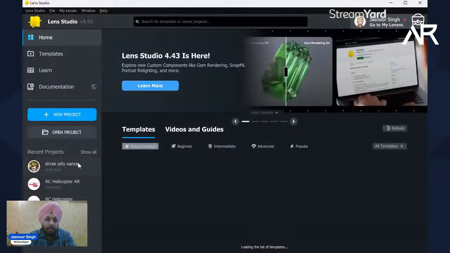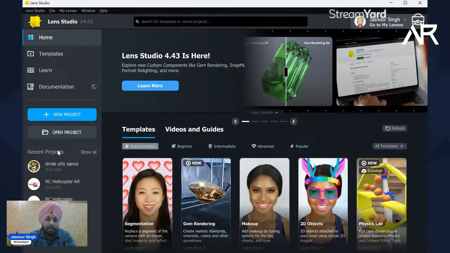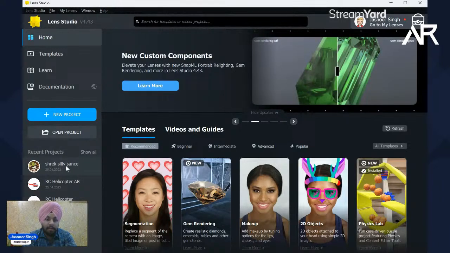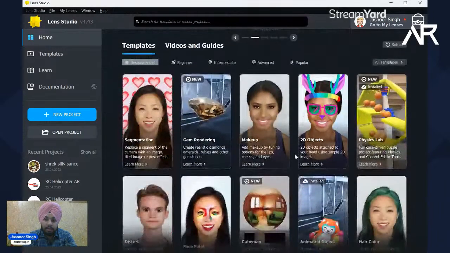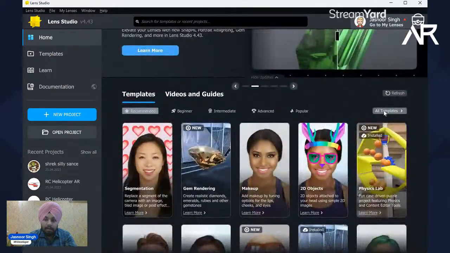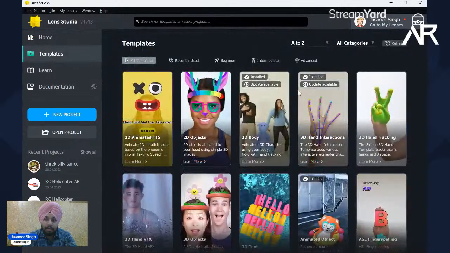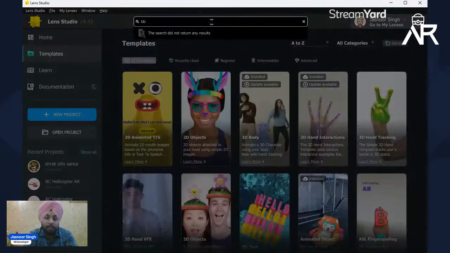Okay, so now the project has been saved, and on the left hand side, you can see in the recent projects there is a Shrek Silly, by mistake I have made it, it is Dance. So let me just share my one more template. Let's just go with, let's just type this body,